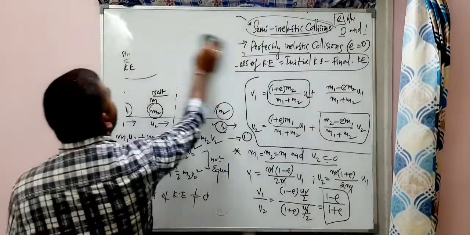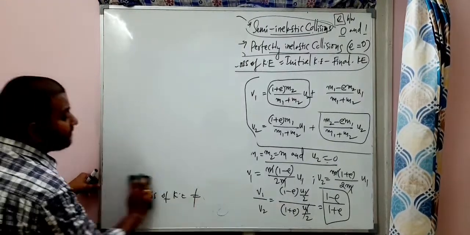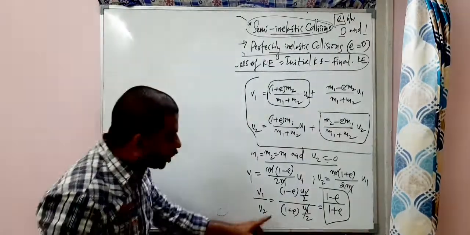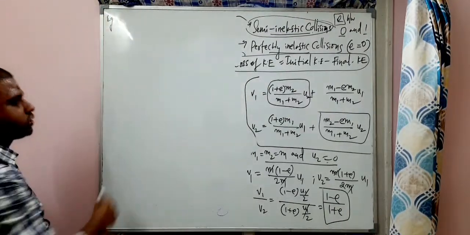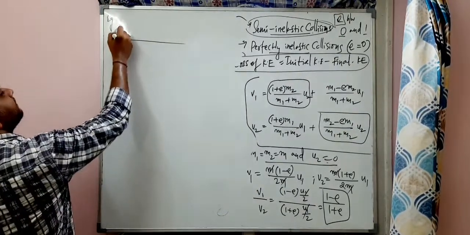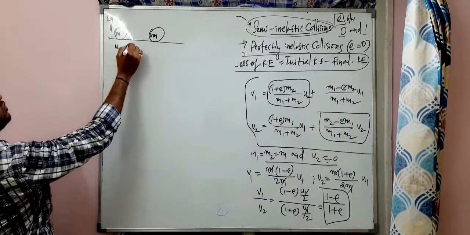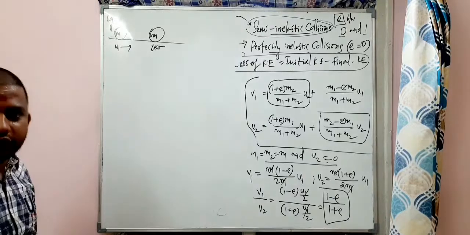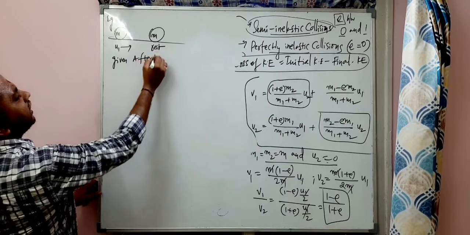So my dear students, if a question is to be asked in inelastic collision, especially semi-inelastic collision, questions can come on this concept. Listen, questions can come on this concept. So let's look at the question here. How simple, look at the question. There is the ground, a body of mass m, and this is also a body of mass m. Initially the body is moving with the speed u1 and the second body is at rest. Alright? Given after the collision,